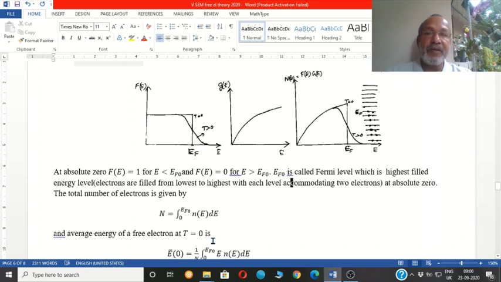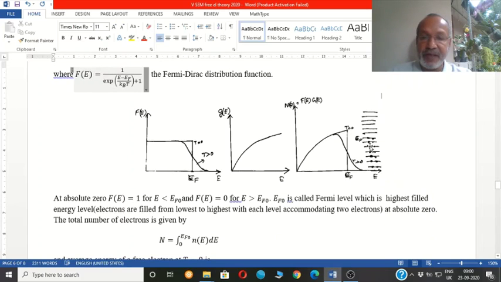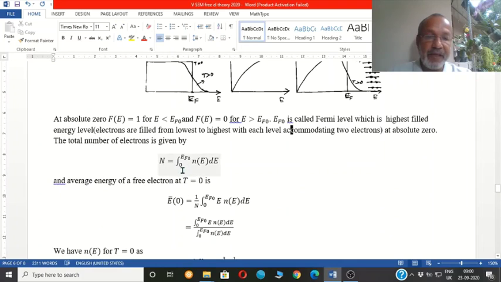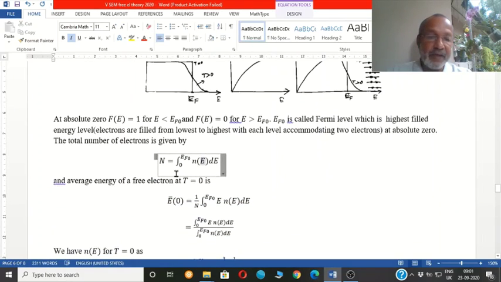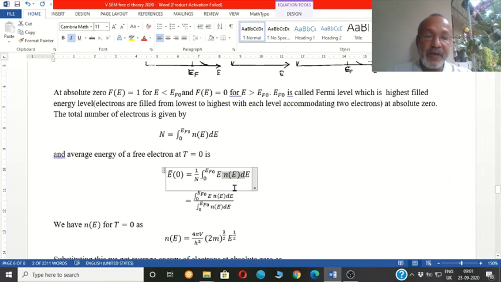At absolute 0, electrons are filled up to EF0, that you have seen here. So the total number will be given by the integral from 0 to EF0, and this expression is the number of electrons in the energy range dE. Ne is the number of electrons per unit energy, so the number of electrons for dE energy will be NedE. So integrate from 0 to EF0, that is from 0 value to the maximum value of energy, and you will get the total number of particles. Actually, NedE is the number of electrons having energy between E and E plus dE.